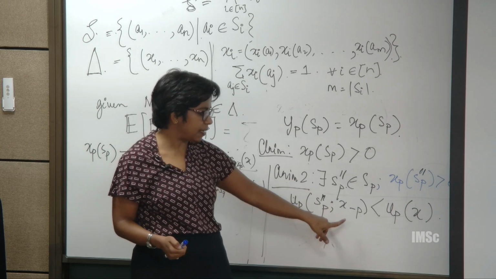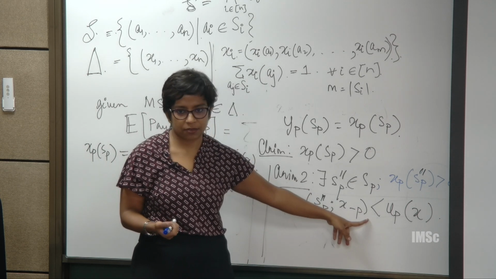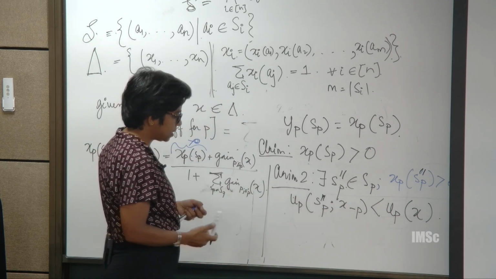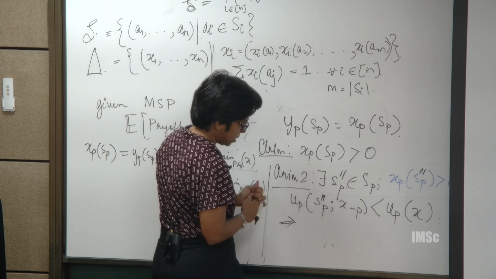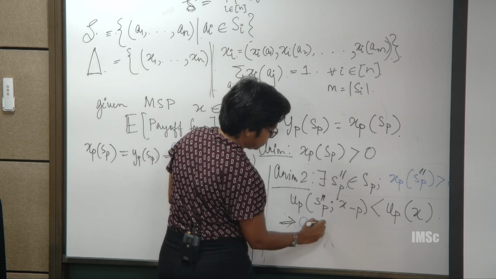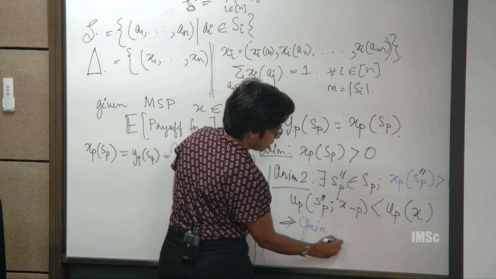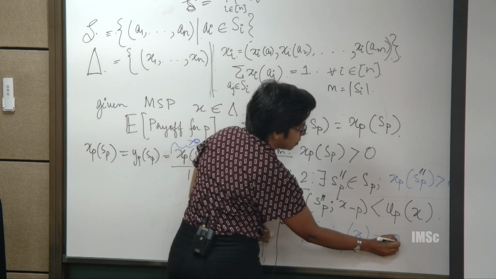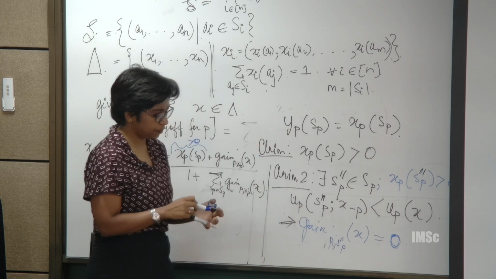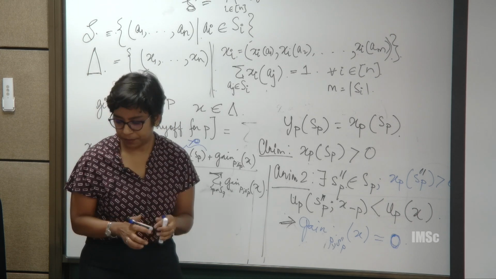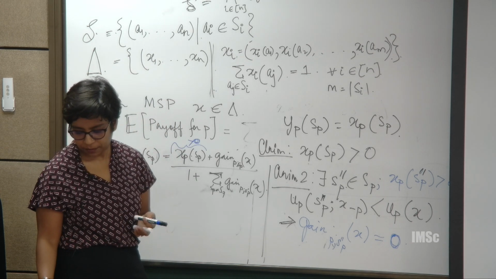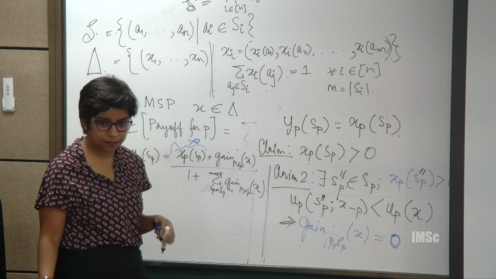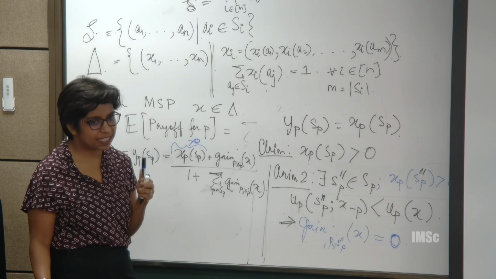And once you get this, you know the gain has to be 0, okay? So, we have shown that there exists a Nash equilibrium, gain P S double prime P x is equal to 0. Okay. Now, but are we done? I mean, we are almost done, but there is still something left,